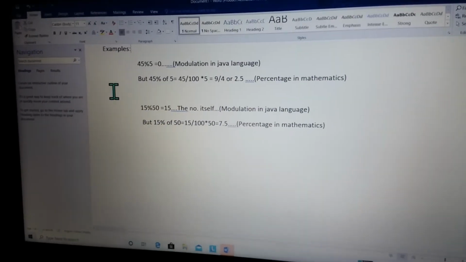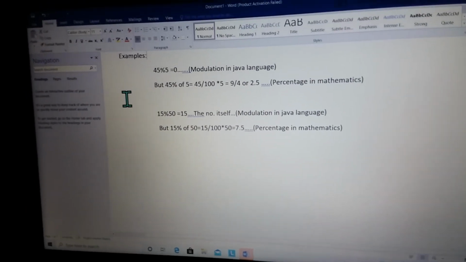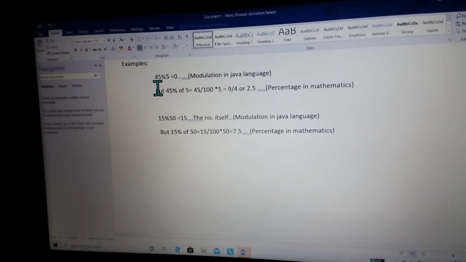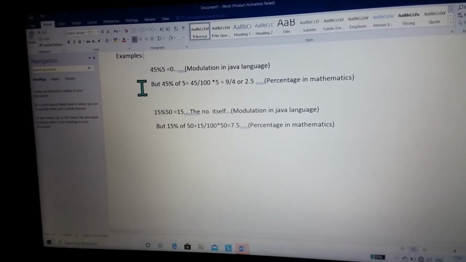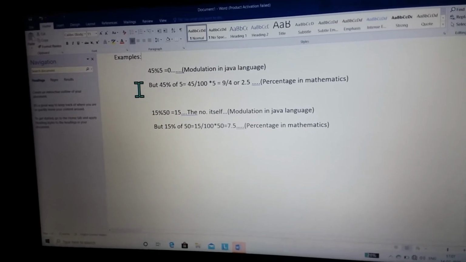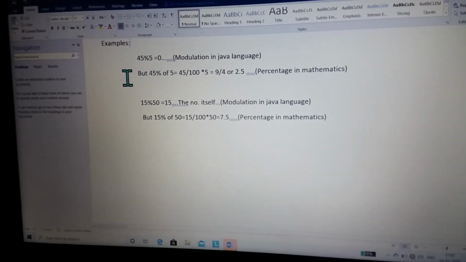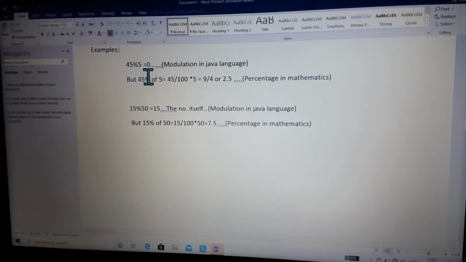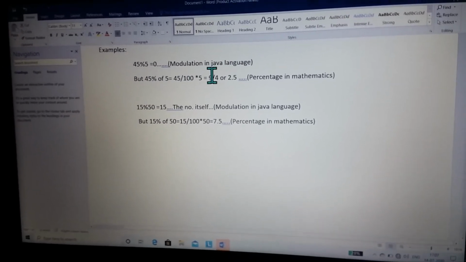For example, earlier I told you 45 modulation 5 means 45 divided by 5. Now how much remainder is left? As you know, modulation means remainder. So 0 is the remainder, so 0 will be our answer. It is modulation in Java language.